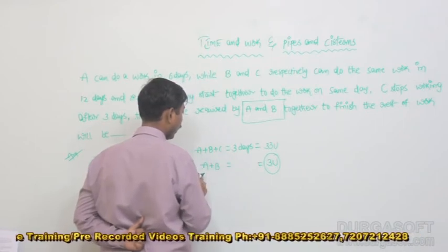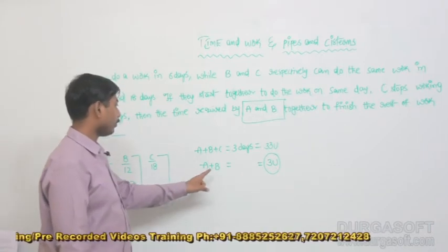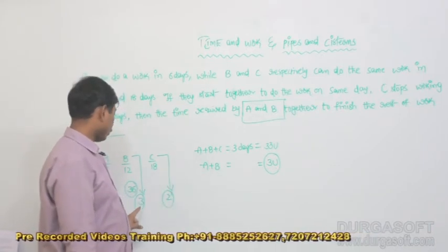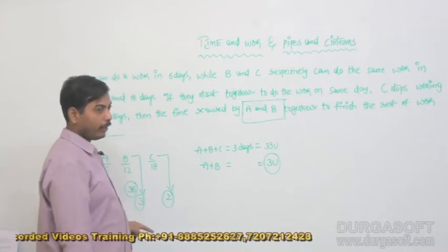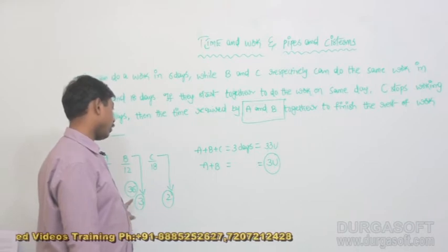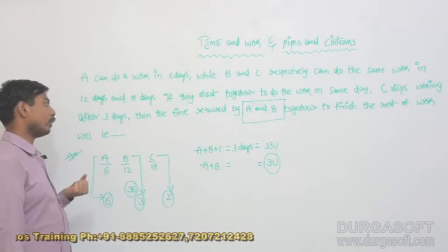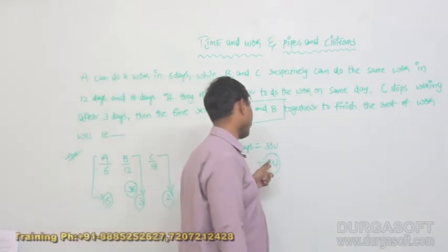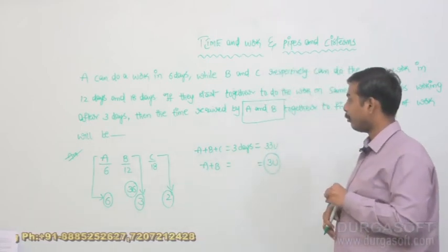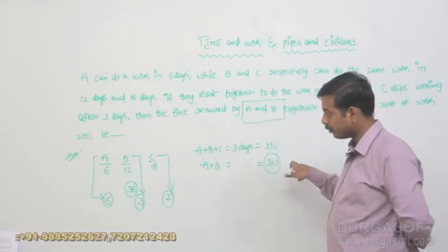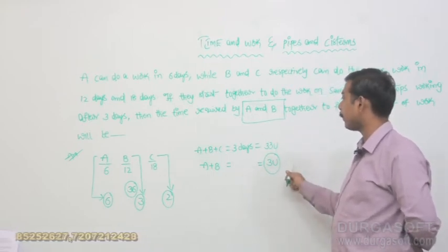Already we know A completes how many units of work in a day? 6. B completes how many units in a day? 3. 6 plus 3, 9. In one particular day, 9 units are possible for these 2 boys together. But here how many units do they have to complete? 3 units. In one day 9 units, so to complete 3 units